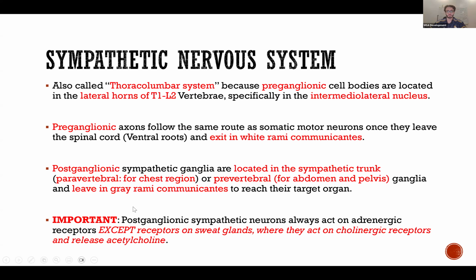But there is an exception. Receptors that are on sweat glands are cholinergic. Meaning the sympathetic nervous system, whenever it wants to elicit a response, will release neurotransmitters on adrenergic receptors. But there is one exception. All of the organs in the body, when it comes to sympathetic innervation, will use adrenergic receptors except sweat glands. Sweat glands will have cholinergic receptors. But this is the only case where the sympathetic nervous system will release acetylcholine to the target organ on cholinergic